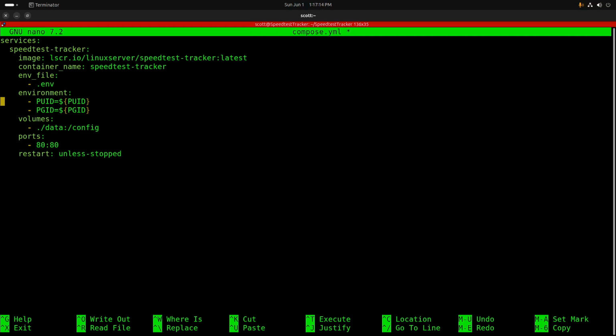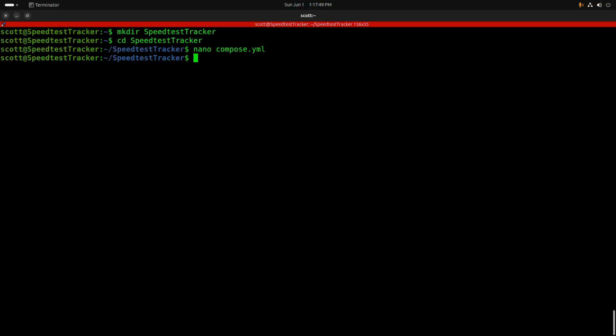will allow this Docker container to not run under root, but instead run under the user account of the Incus container. And then I'm creating a folder which is simply called ./data, which means we have a data folder in the same directory as we do with the compose.yml file. We're exposing port 80 for the web interface, and we're doing a restart unless stopped. And then we'll do a Control-O and Enter to write the file out, and a Control-X to exit the nano